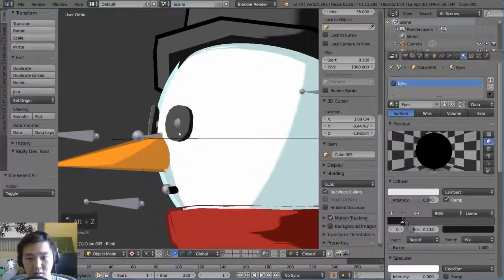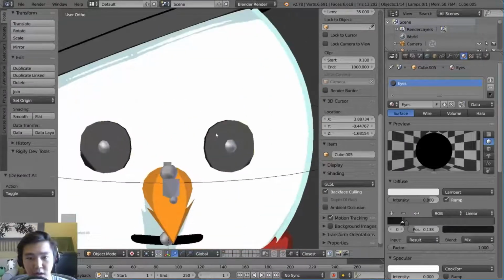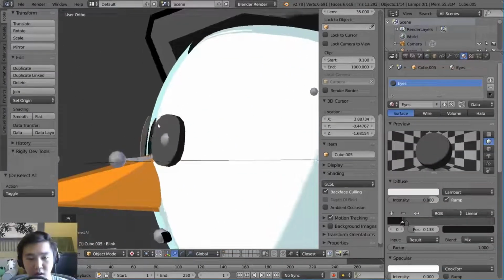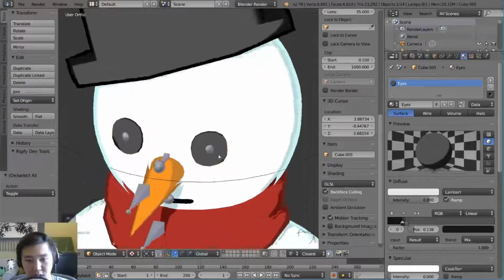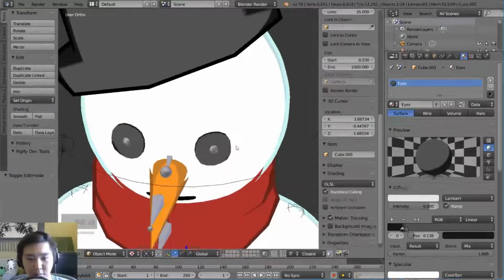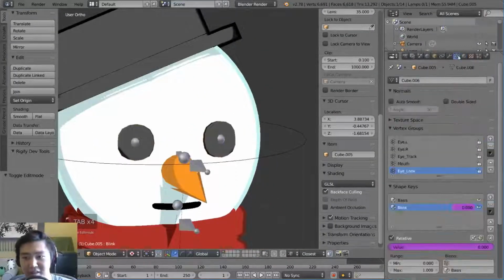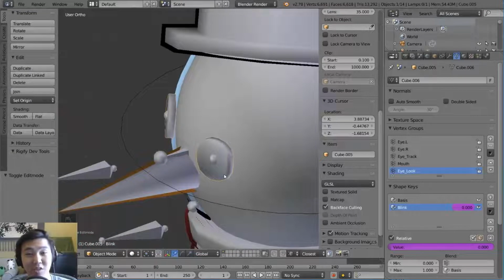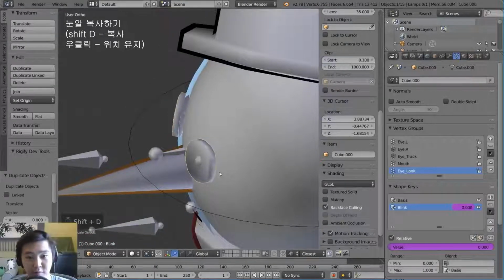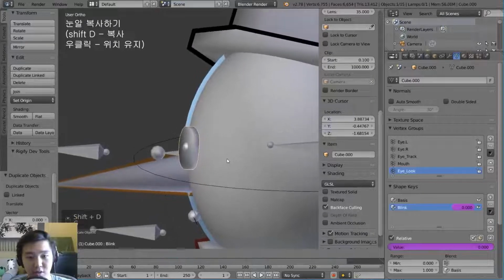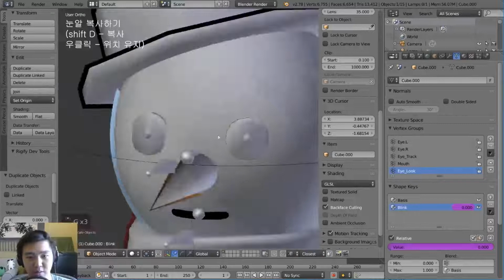And what I'm going to do, and you'll see exactly what I mean in a second, is first of all, turn on backface culling. But I'm going to go ahead and give him a little bit of glint in his eyes, which is basically a faked specular. Oh boy, he looks... anyway, he's sleeping. So what I'm going to do is duplicate the eyes, and that's with Shift D, right click to maintain the position here. So as you can see, there is a duplicate of these creepy eyeballs.